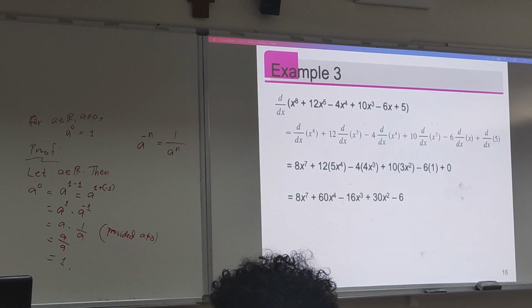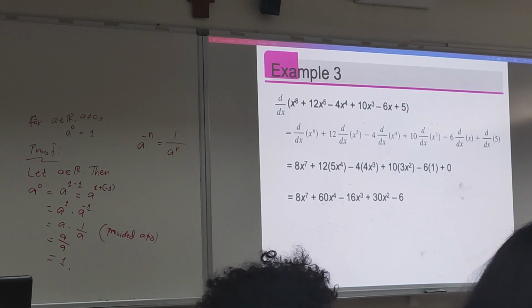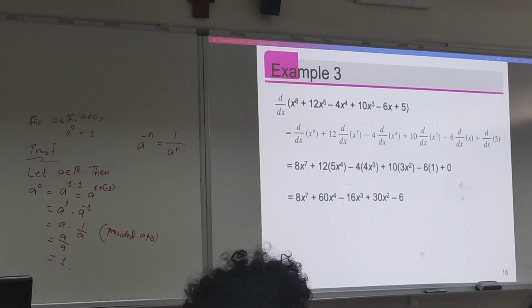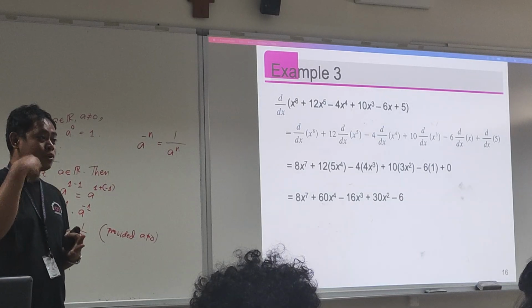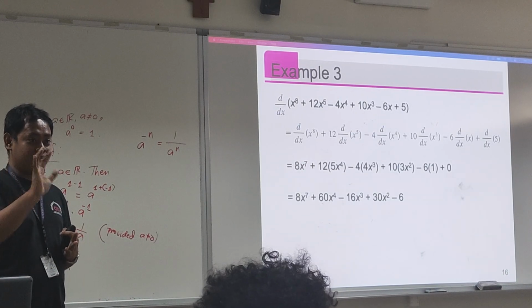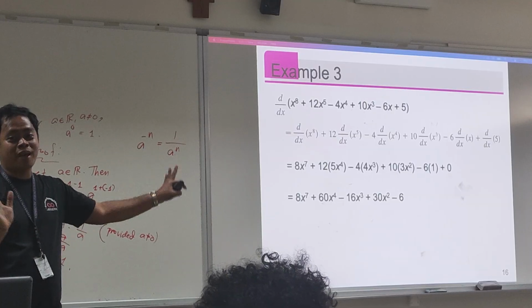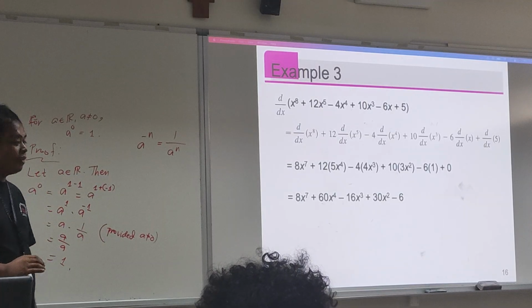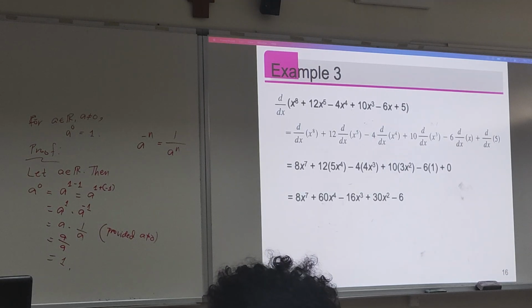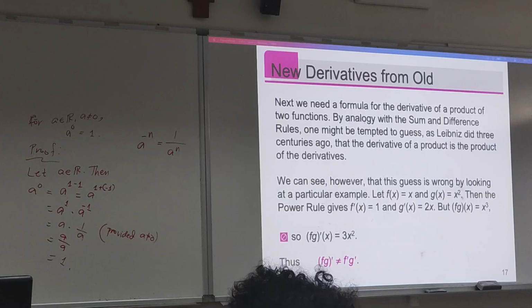So with these properties here, it becomes easier to solve for the derivative function compared to using the definition. The definition is long. But in the quiz or in the exam, it will be particular. So there are problems where you need to use the definition of the derivative, and there are problems where you can apply the properties. So that is it for the sum rule and the difference rule. Now how about the product rule?